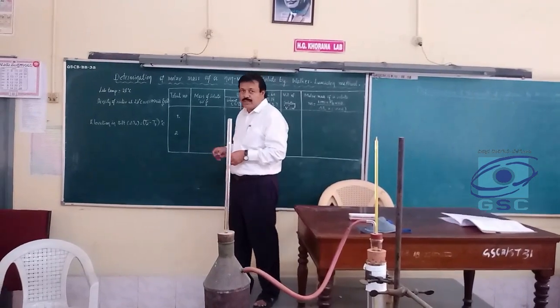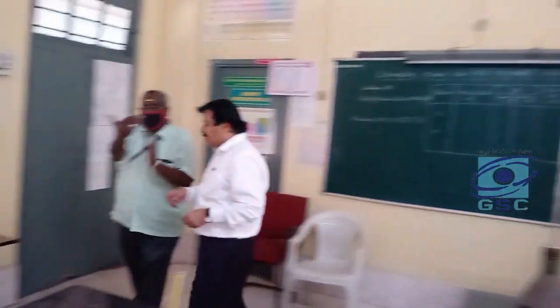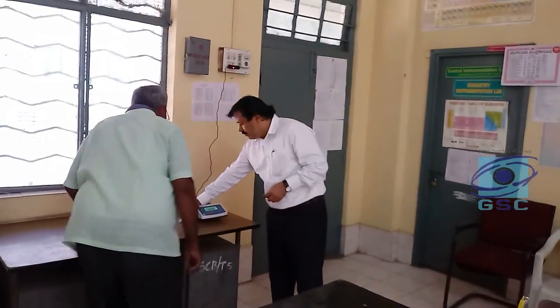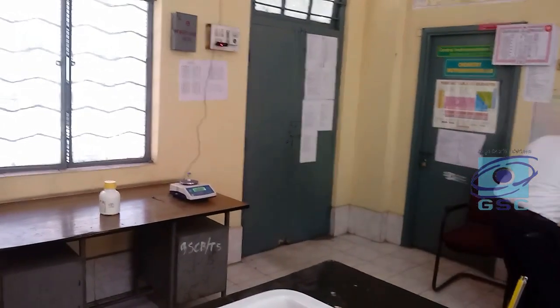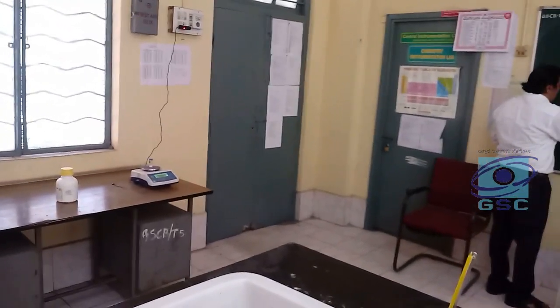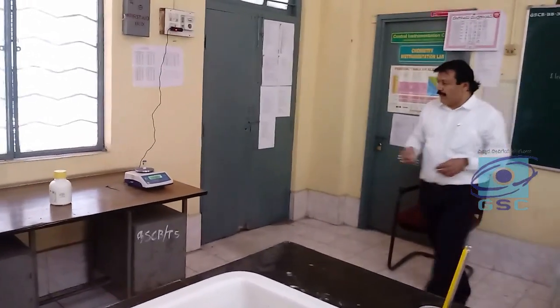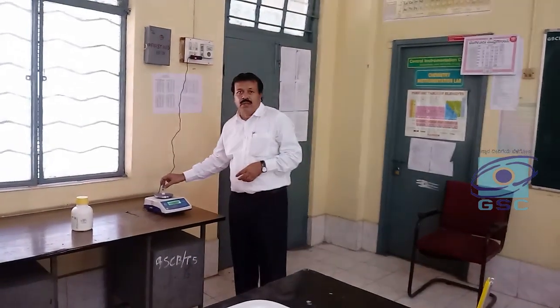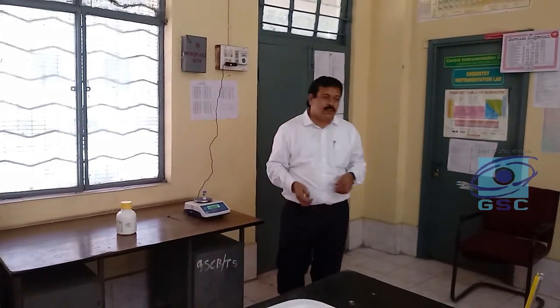So now let's start with the experiment. The value of W is taken by weighing the solute. So now we have to take the initial weight of the solute before transferring into the apparatus. So the value is 4.46. Now we will write it on the board. The value of W equals 4.46 grams. This is the value of initial weight. So I will use this for the experiment.